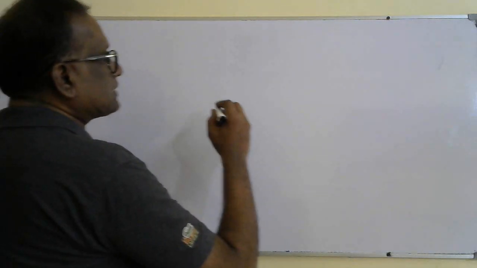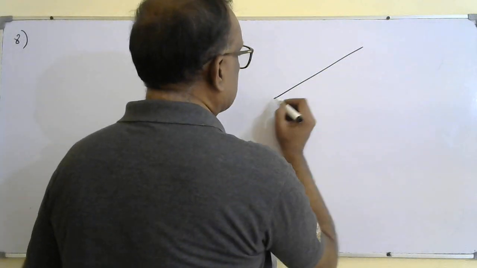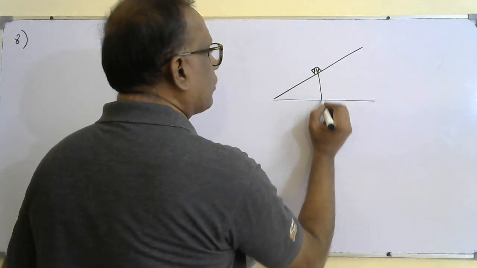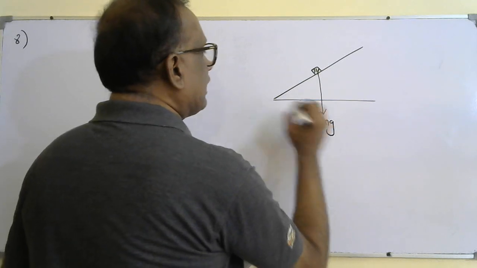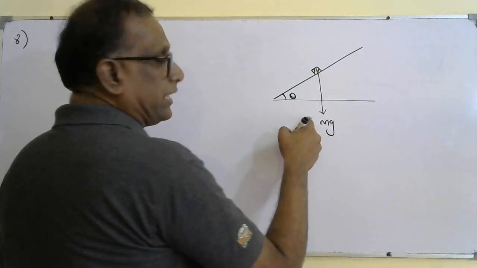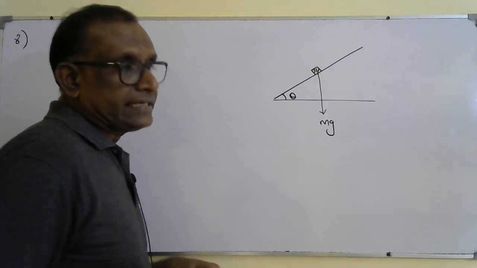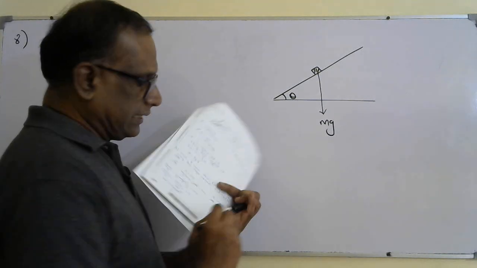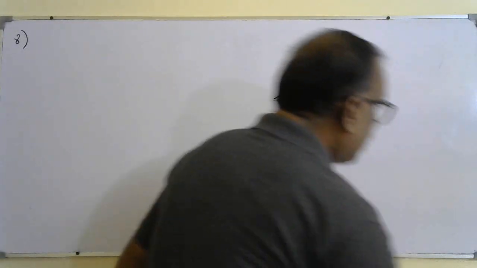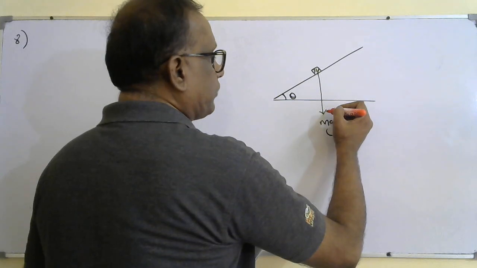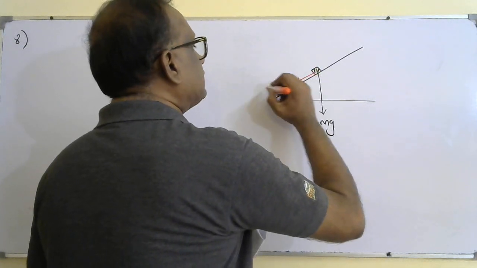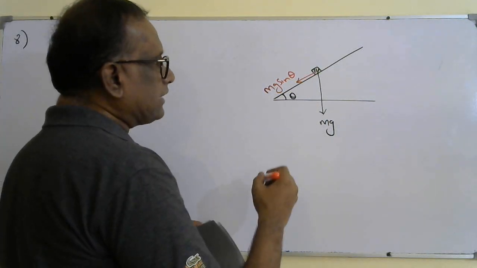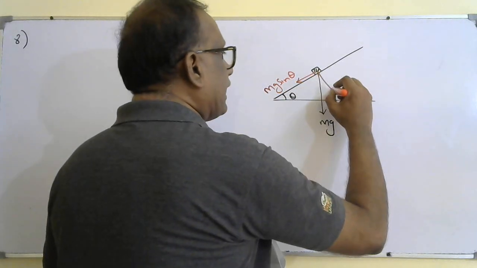Also, you must know that when an object is kept on an inclined plane, like on a slope, its weight will act vertically downwards, mg. If this angle is theta, the weight can be resolved into two right-angle components. The component of the weight along the plane, down the slope, is mg sin theta. Remember that. The component of the weight perpendicular to the plane is mg